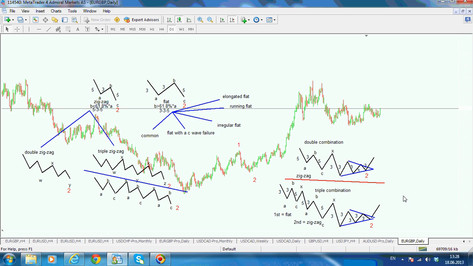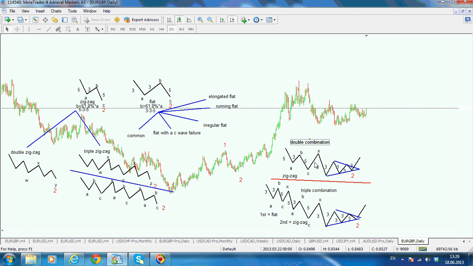Now, as a possible second wave, you are starting to look at a zigzag, a flat, not a triangle, okay? Double zigzag, triple zigzag, all kinds of flat, the elongated flats, running flat, irregular, flat with a C wave failure, common flats, whatever you want, and a double combination or a triple combination. In a double or triple combination, the corrective subwaves of the same degree are combining and being connected with an intervening X wave, but they have one point in common. The point in common being a contracting triangle at the end of,